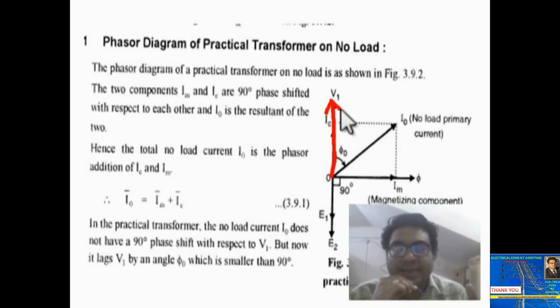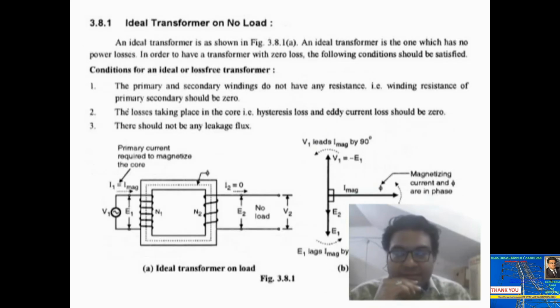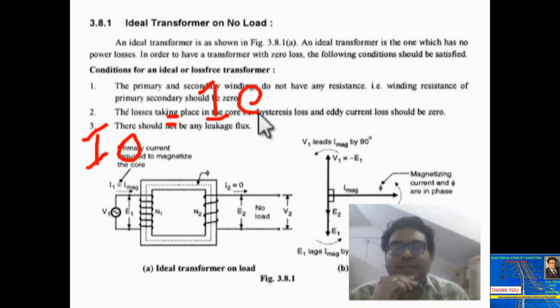Then what happens, guys? Then there will be a current that will enter the primary winding. Current will circulate in the windings, guys, in a practical transformer. So we have considered here a practical transformer. So this is V1, and then guys there will be a current which will enter this primary winding, that is called the no load current I0 or exciting current. So always remember, this is also called exciting current or no load current I0. It is represented by I0 or IE.